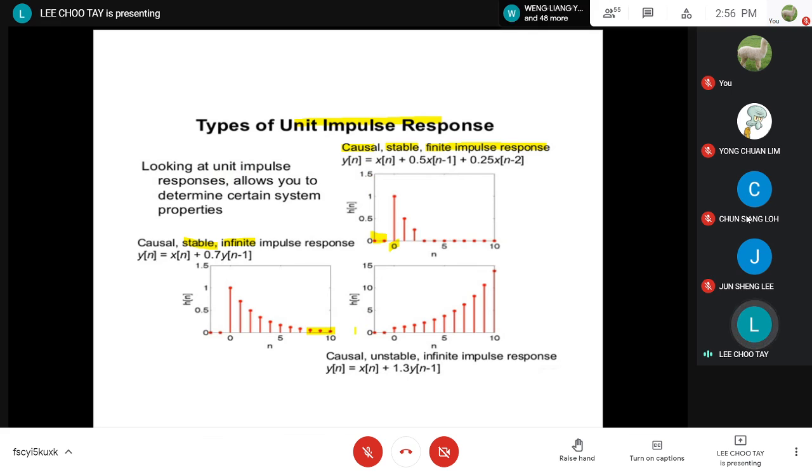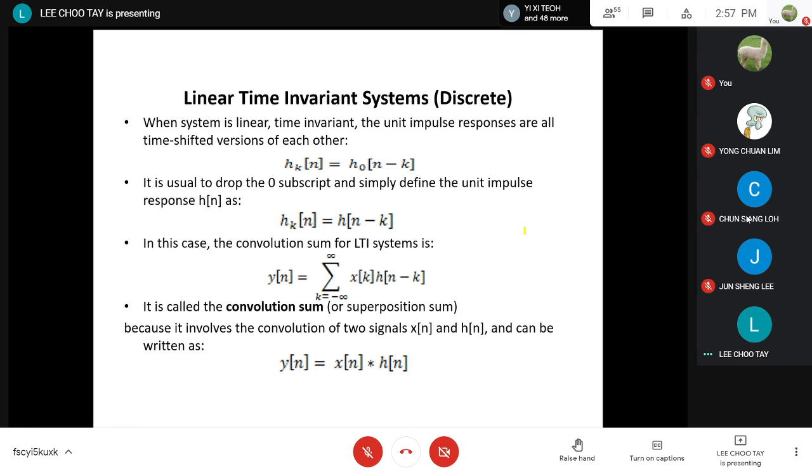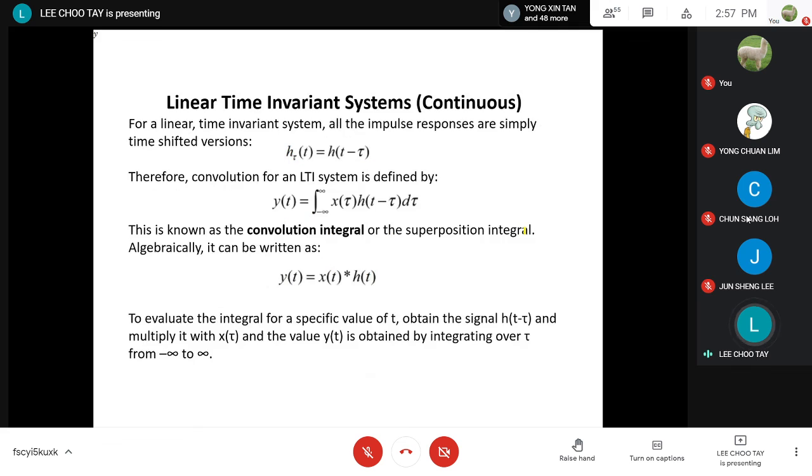But if the response keeps increasing for increasing n values, then the system is unstable, because if you keep increasing n, you never know when it's going to blow up. And of course it's infinite because the response keeps increasing as well. So that brings us to